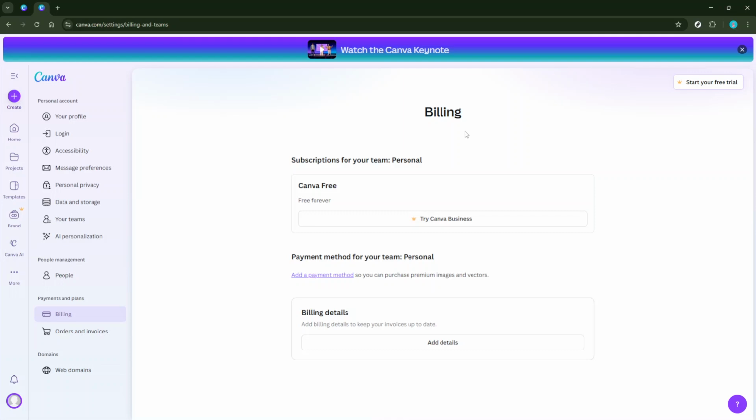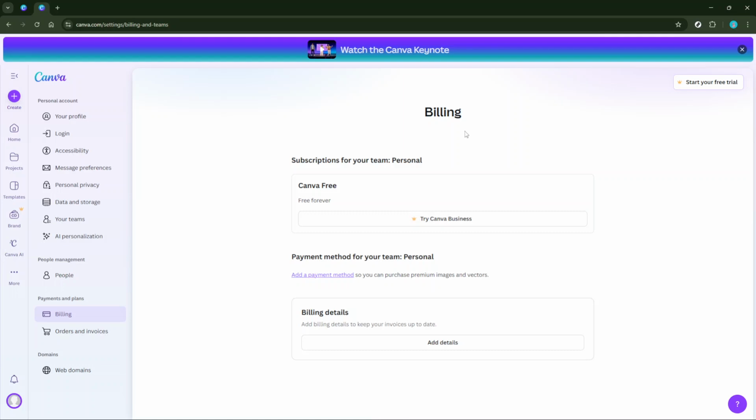Now, it's vital to understand Canva's refund policy. According to their terms and conditions, if you cancel your subscription, you won't receive a refund or a credit for any amounts that have already been billed. This means that if you're partway through a subscription period, you'll have access to Canva's services until the end of your current billing cycle, but you will not be refunded for partial periods. This policy highlights the importance of timing when deciding to cancel your subscription.